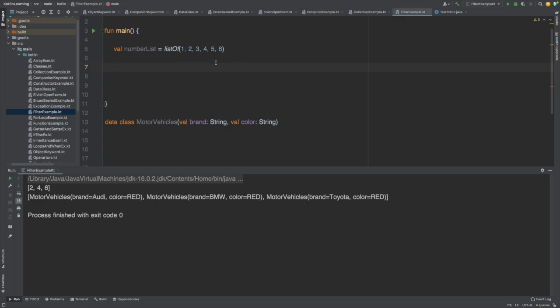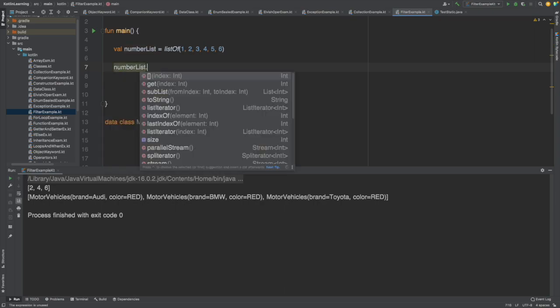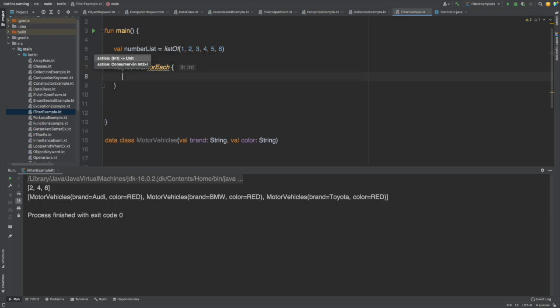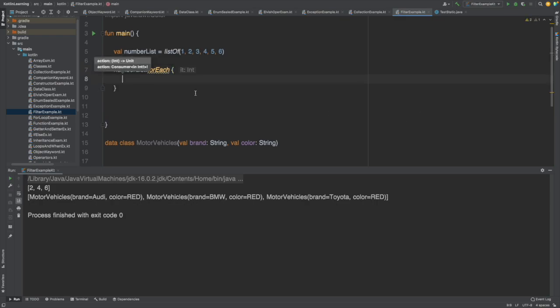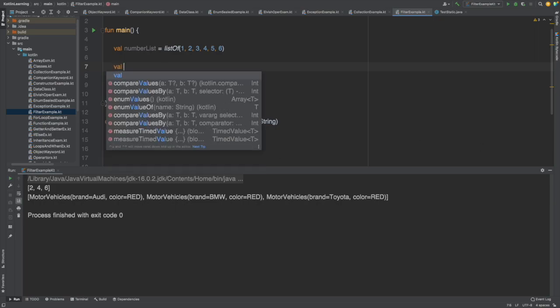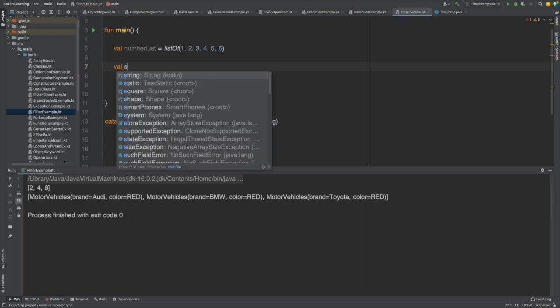One way is numbersList.forEach, and then we can have another list, and then we can square it like this. Otherwise, with the help of map, we can simply do it like this. We can say val squaredNumbers,